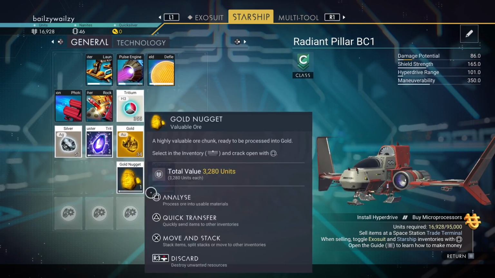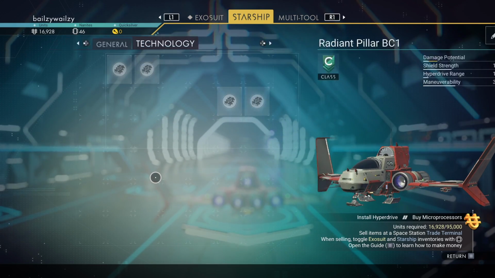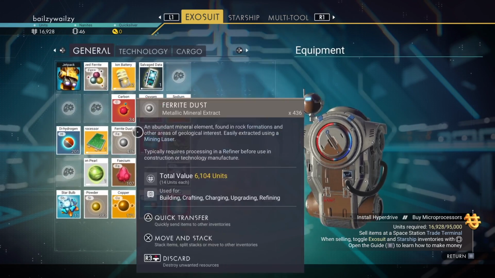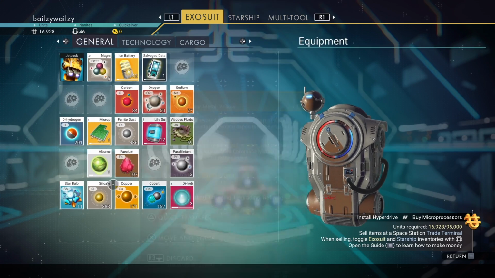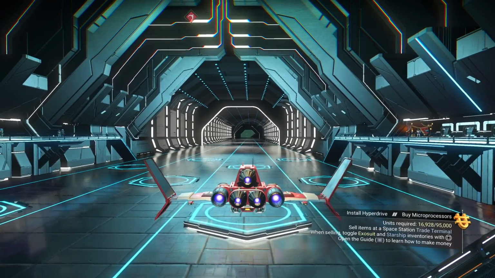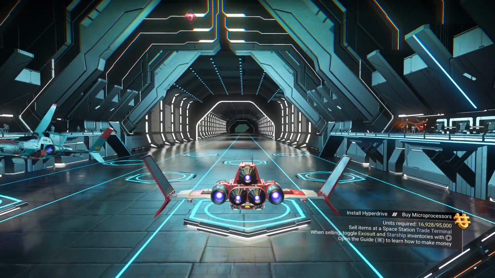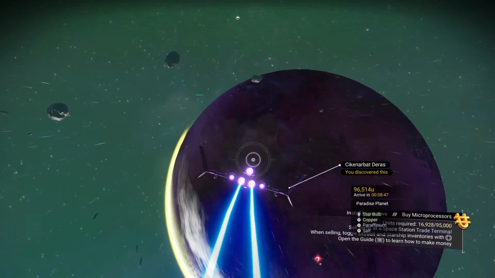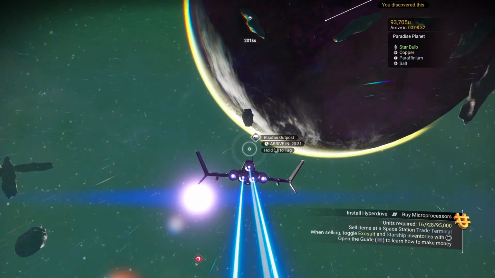Now, I don't know if it makes more sense to try and sell something that we already have, or if this is a good opportunity for us to try and make some money. And to be honest, yeah, look at that. Cobalt. Yep, I think that's what we're going to have to do, guys. I think we're going to go try and make some money. And the best way for us to do that is